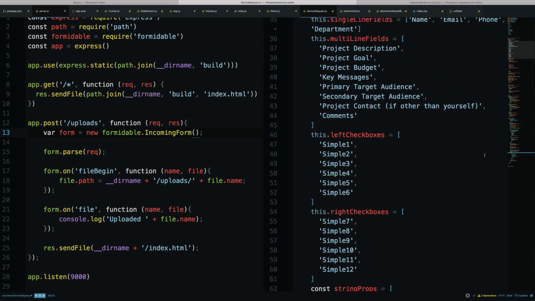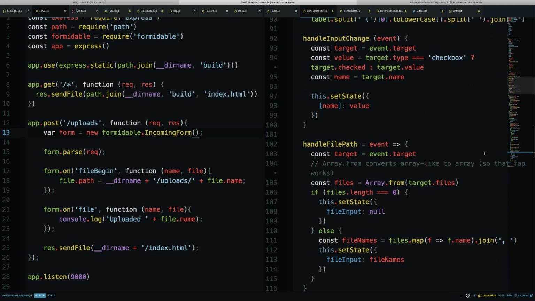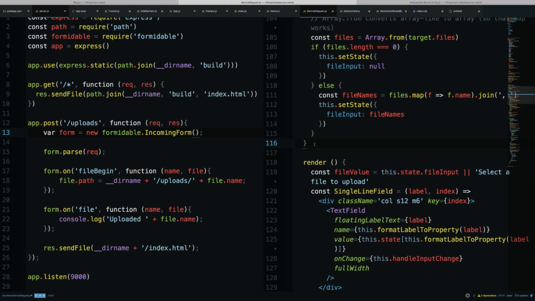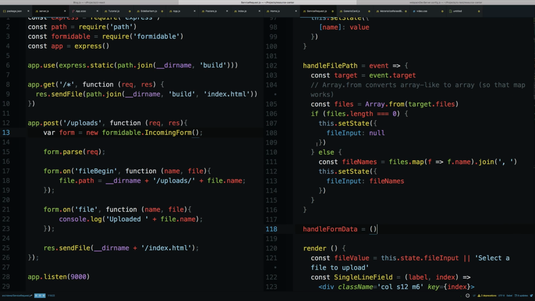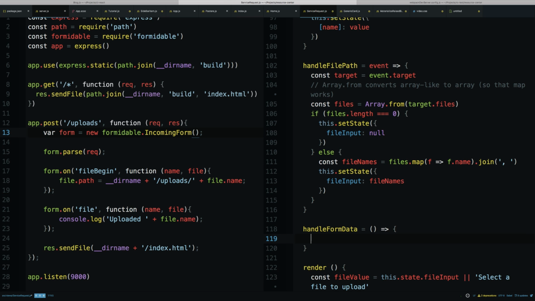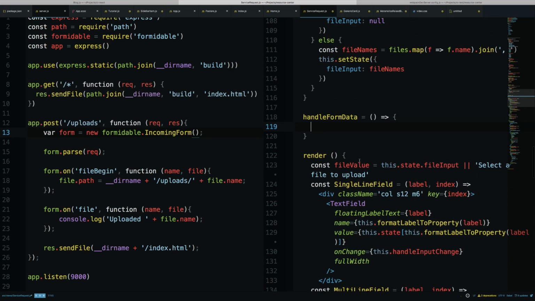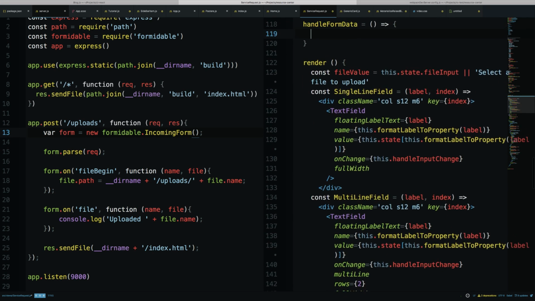So up here somewhere, we're probably gonna get, yeah, I don't know that we'll need to pass it anything. Okay, so within this,